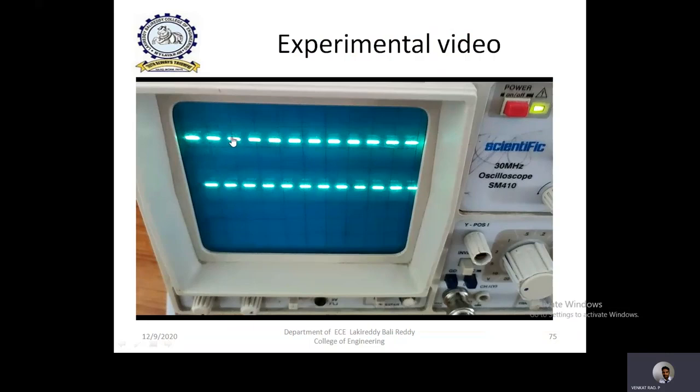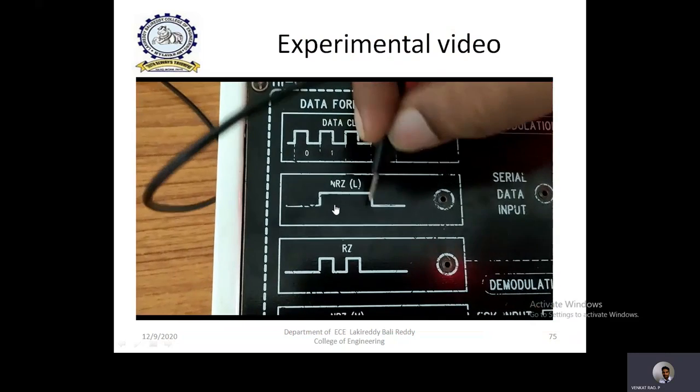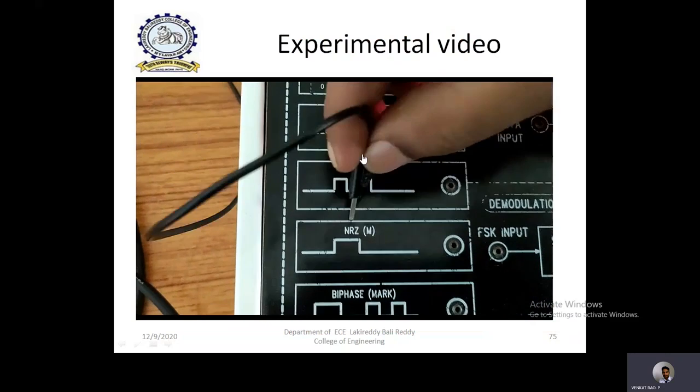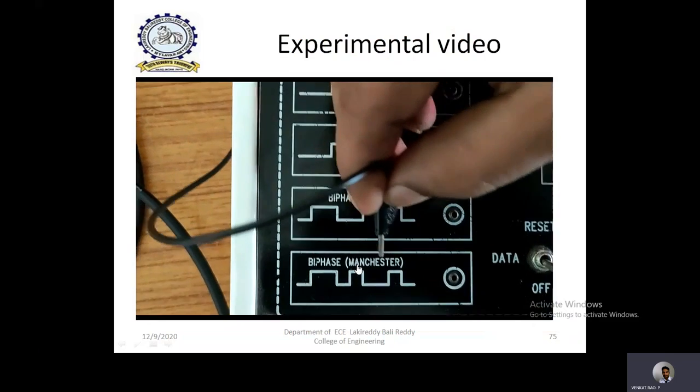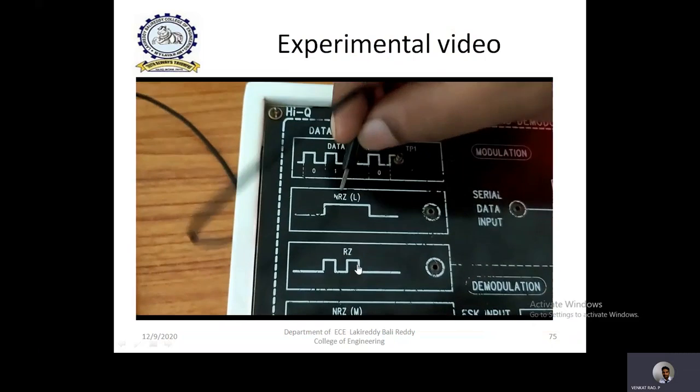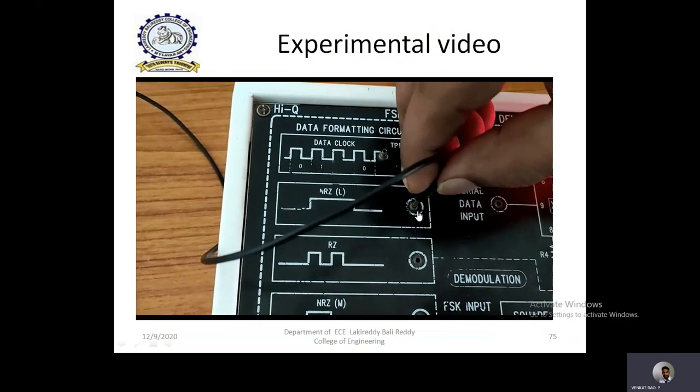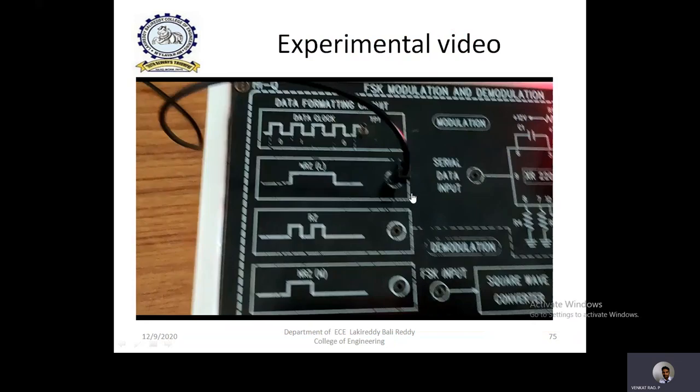If you want to observe the time period of the clock, this is the complete time period of the clock, both high along with low. If you want to observe what the input data is, you need to compare it with these clock time periods. Now let us take NRZ coding as an example. You can take any one of these line coding techniques. As an example, here I am taking this as the input. Connect this to the CRO probe.